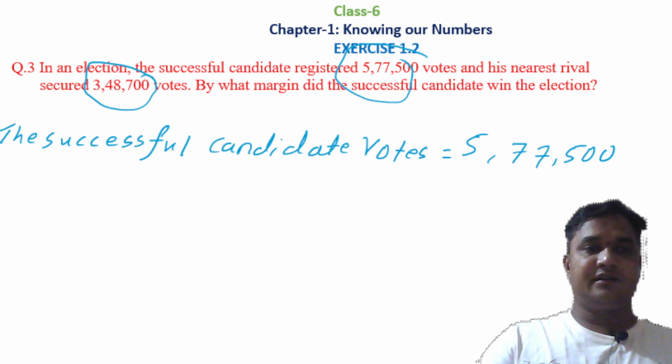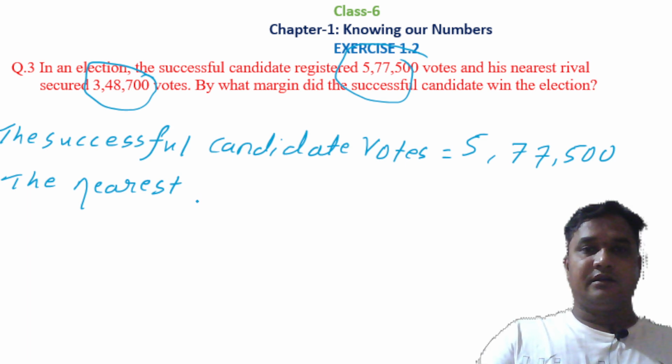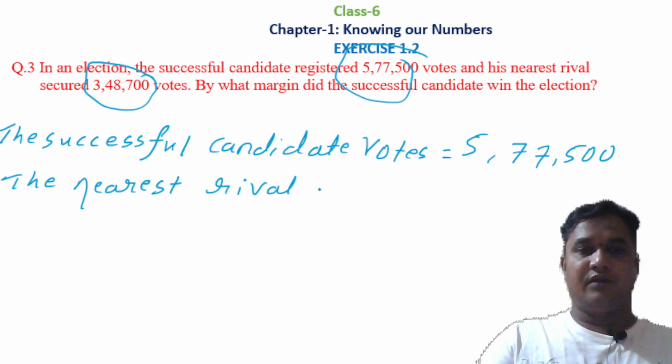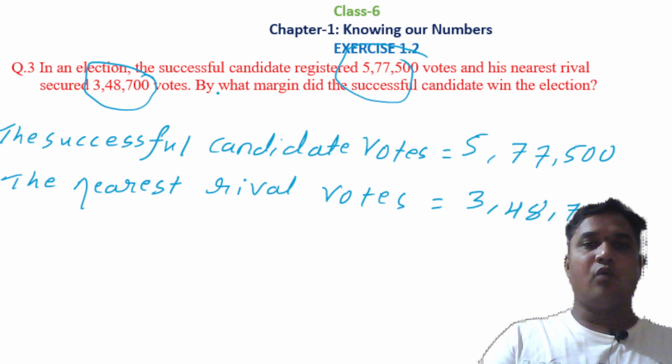The nearest rival votes how many? 3,48,700. To get the margin by which the successful candidate won the election, for this what we have to do, we have